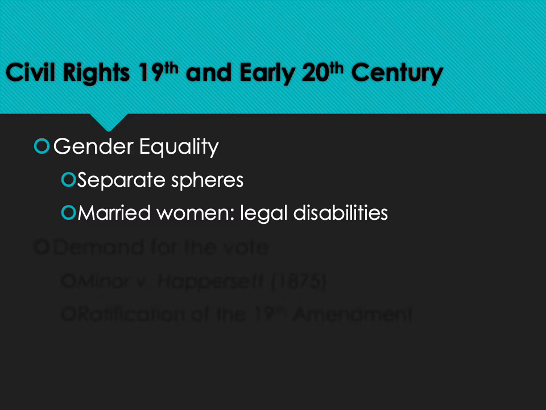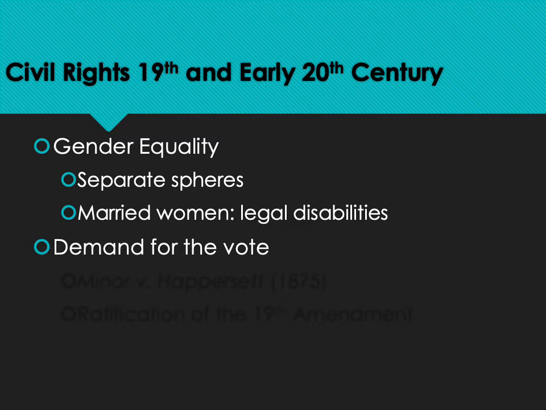That we have the Seneca Falls Convention, which was a convention of early women's rights activists, and men were involved in that as well, including Frederick Douglass, who basically came together and said, much like the Declaration of Independence, where we assume that all men are created equal and they're endowed by these certain unalienable rights. That's what happened in Seneca Falls. They created the Declaration of Sentiments, and that basically said that women had these rights as well. So the fight for gender equality has a long tradition in the United States.